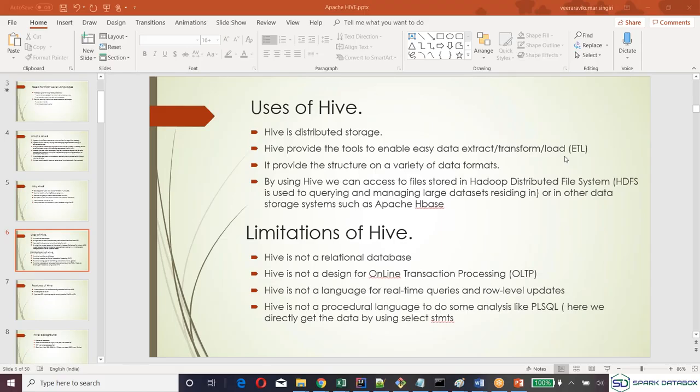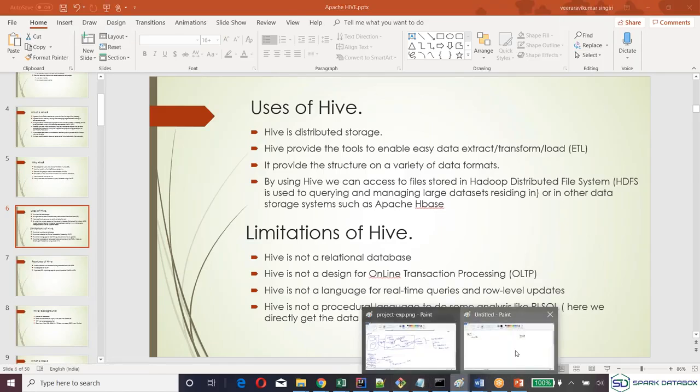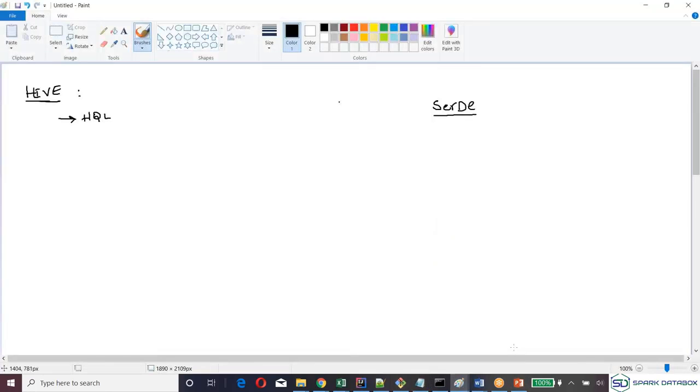Okay, how will it work? Hive also provides the table structure, as we discussed. We will create tables on Hive. Hive is nothing but tables, views or indexes; such kinds of things only we will deal with in Hive, not flat files. Hive is an interface, or a tool, to provide a structure on the data which is there in HDFS, right?